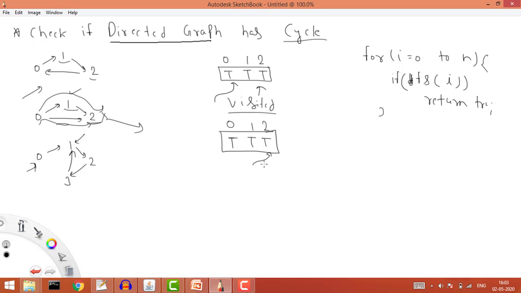But here, even though this is true, even this is visited, there is no cycle, right? So it means we cannot solve just by taking this visited array. Now if you see the problem here, we have two neighbors. For this 0 we have one neighbor, 1, and another path is for this neighbor. Let's see this case first. Here we have only one neighbor.